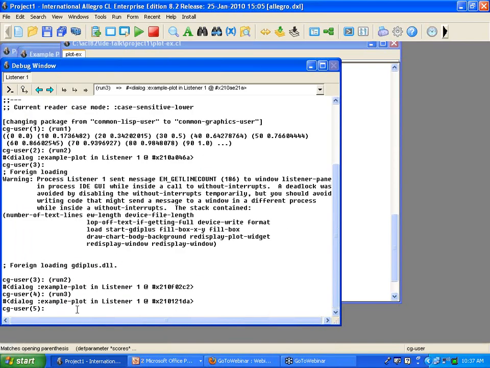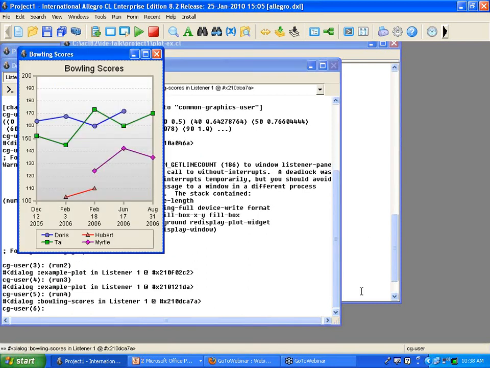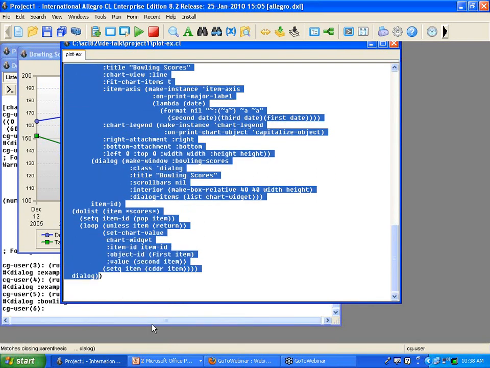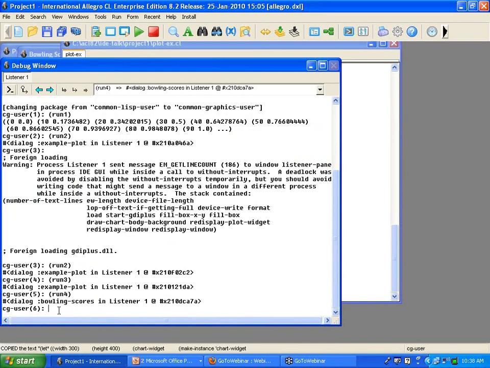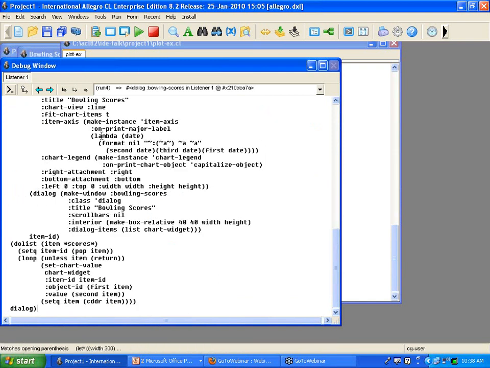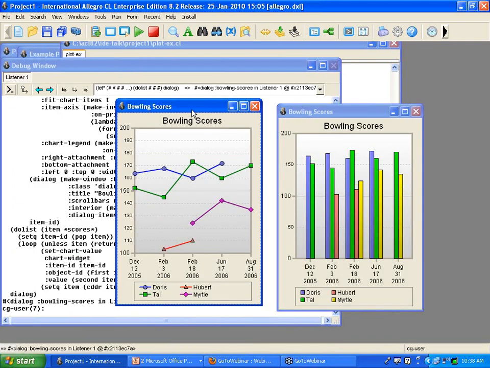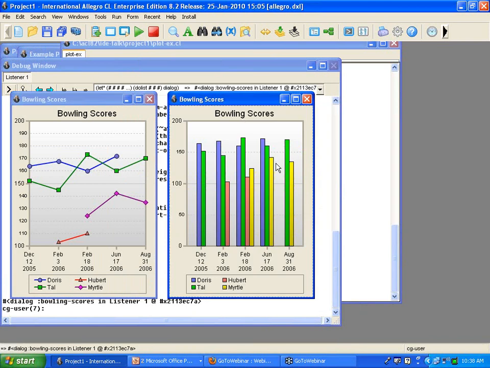So we have another example. Here we have bar chart. This is one of those examples. Let's have a look at it. There, that's the one where we are creating lines with the points indicating the data and the lines connecting them. And if we look at the chart widget, it says chart view is a line. So I'm just going to grab this form here and bring it over here and just evaluate it directly, but I'm going to change line to bar. And that simple change produced the other example